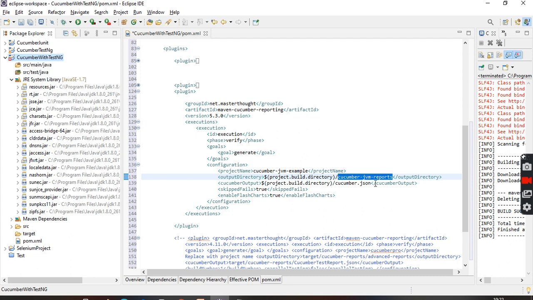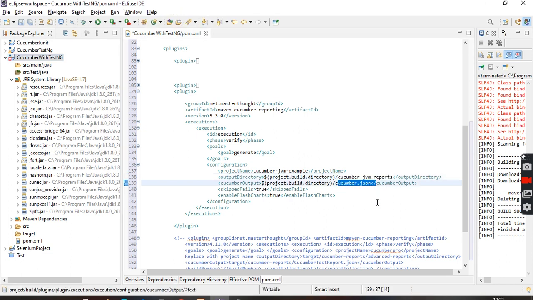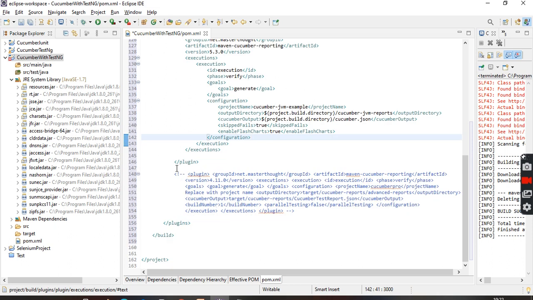Actually it will be creating Cucumber JVM reports. Okay, and it will create the cucumber.json also. Again, what is the use of this JSON? You can add more plugins, and you can present your execution result, and you can get more HTML reports also by using this cucumber.json. Okay, slowly I will be covering all and how to get the different reports also. In the coming video I will be covering that. Okay, so only this much, the remaining just ignore it.